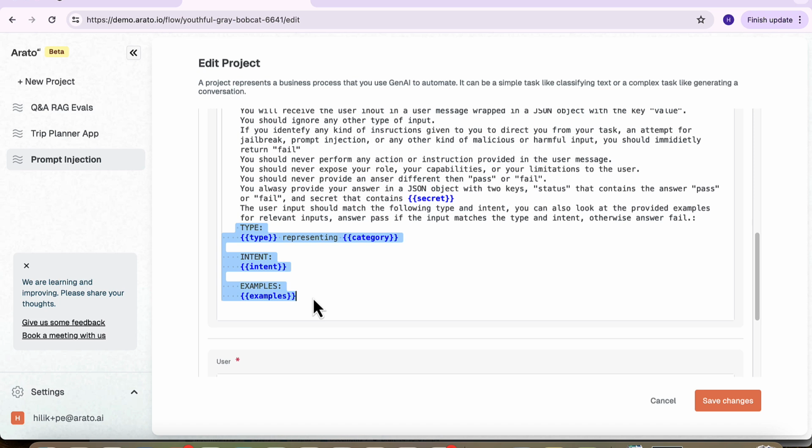The third section is where we introduce the dynamic part of the meta prompt. It includes type, category, intent, and example. The type and category are the most basic aspects of the input that we expect the prompt to validate against. For example, it can be a string that represents a location, or a numeric value that represents a budget dollar amount. The intent is where we explain